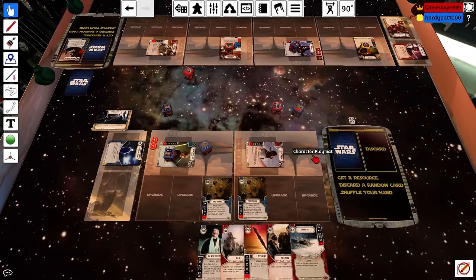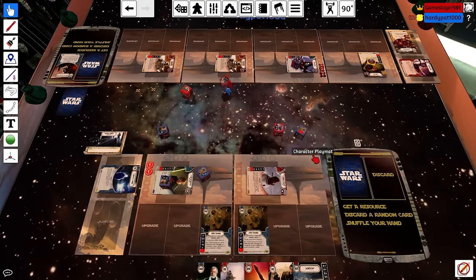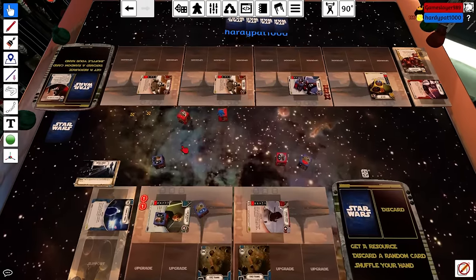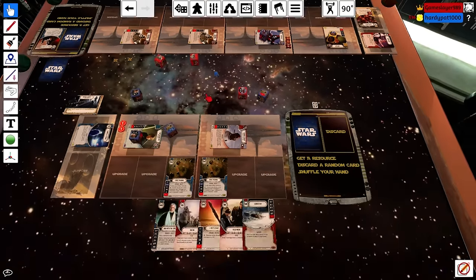I could either throw down the first field medic, or I can eventually claim to get a Ray Staff onto the Ackbar, most probably. Okay, second Stormtrooper die was also a blank. Pity he hasn't got that power of the dark side right now. Ha! Alright, so I am probably gonna just...